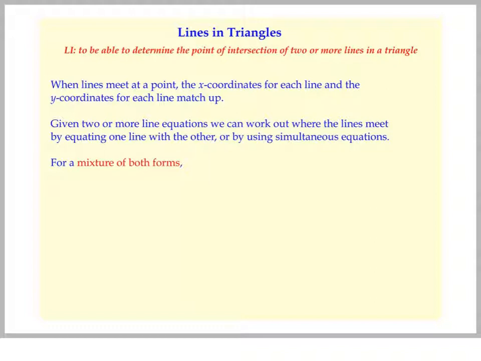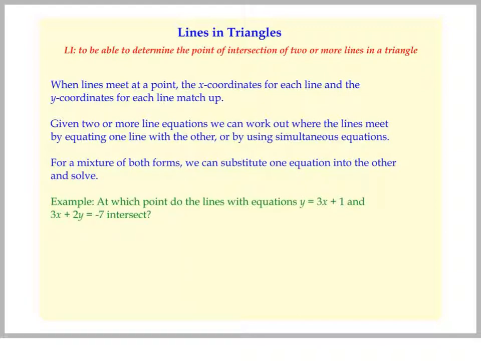If the equations are in different forms, let's say one is in the form y equals, and one is in a different form, then the y equals equation can be substituted into the other one. Let me show you an example of this. We know that y equals 3x plus 1 from here, so every time we see y, we replace it with 3x plus 1. So this equation, 3x plus 2y equals minus 7, will now look like 3x plus 2 lots